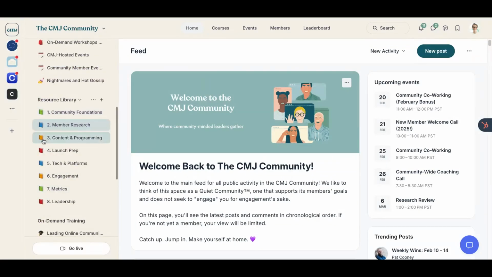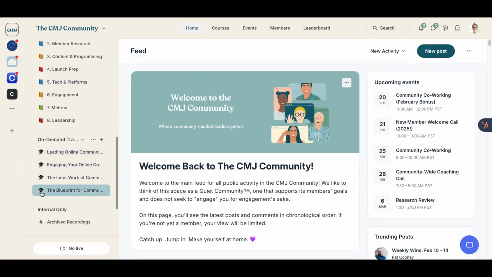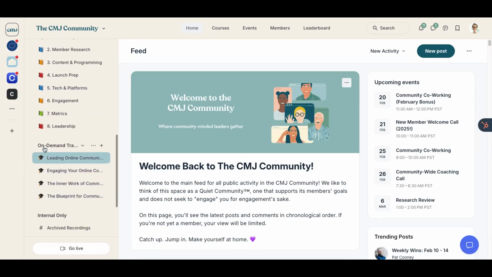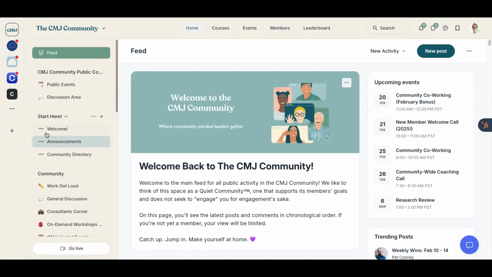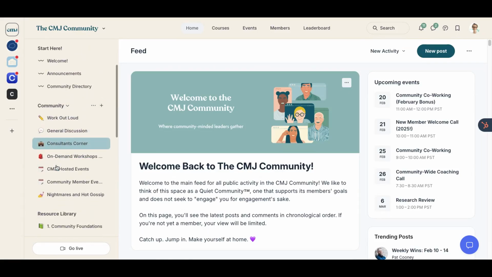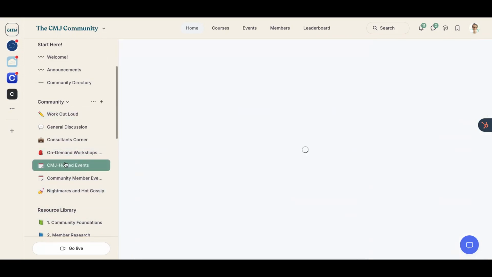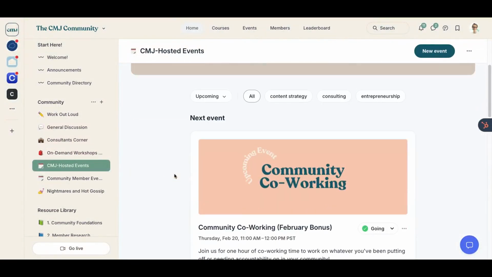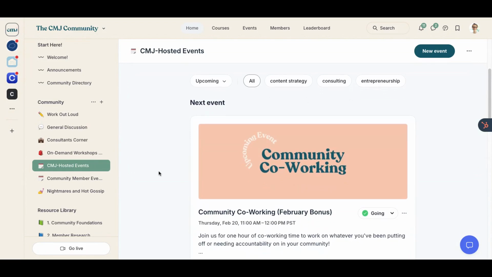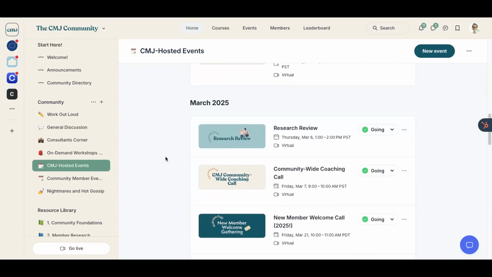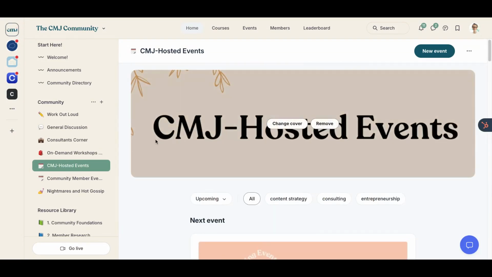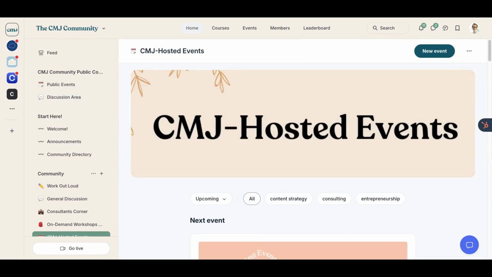We use the same notebooks, but just different colors for our resource library, and the same icons for our courses, just to keep the visual stimulation a little bit lower in our community. You can see in here this is what it will look like on your sidebar once these spaces are all set up. This is what an event space will actually look like. We have this set up so that it's a feed of all of our upcoming events. So this is what it looks like when there's actually content in there.